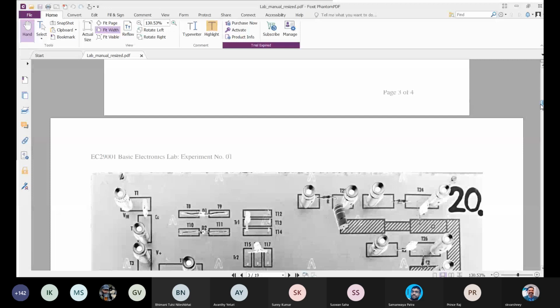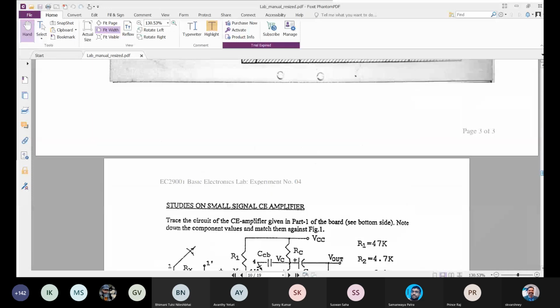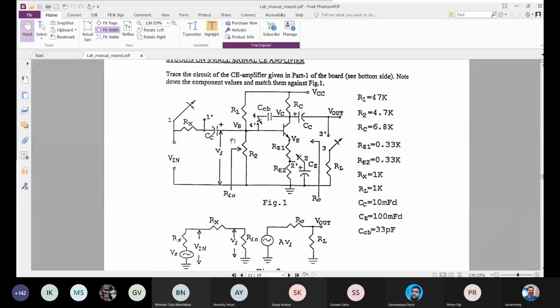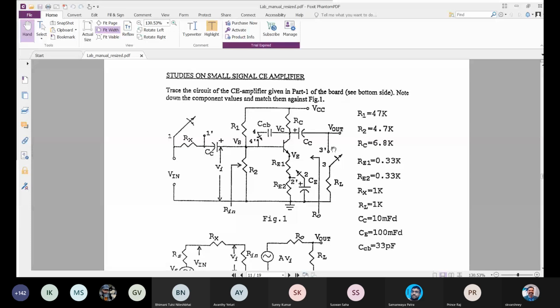So basically you are going to do this experiment, which is about the CE amplifier. So the circuit I will draw here. You give the input signal, and then you have the voltage divider circuit here, and then you have one collector resistance. You can see the VCC always needs to be connected, and then you have some resistor at the emitter terminal, and since this is grounded, we call this a common emitter configuration. So it is a common emitter amplifier.